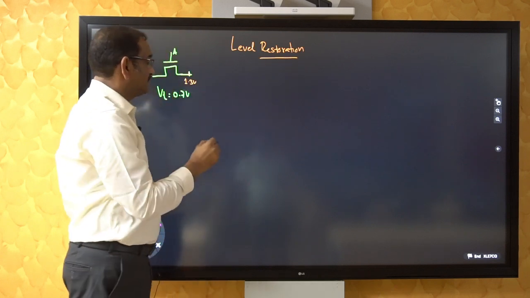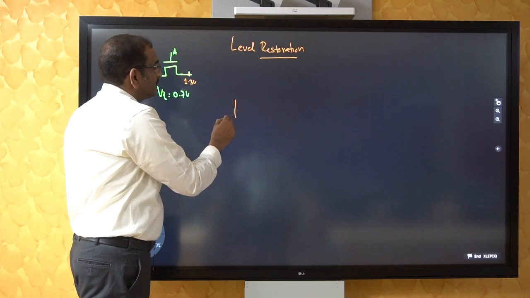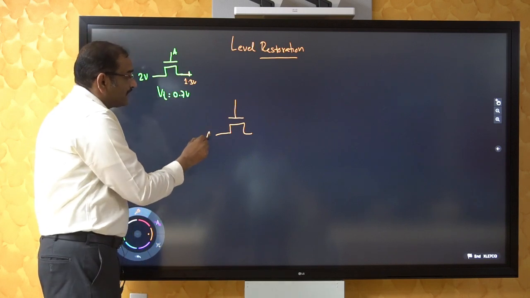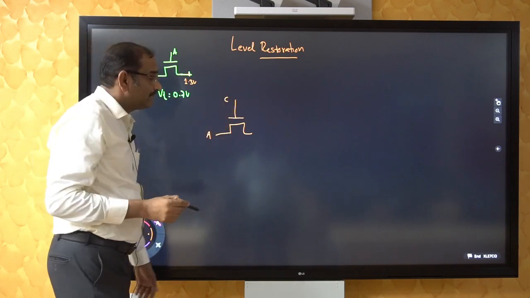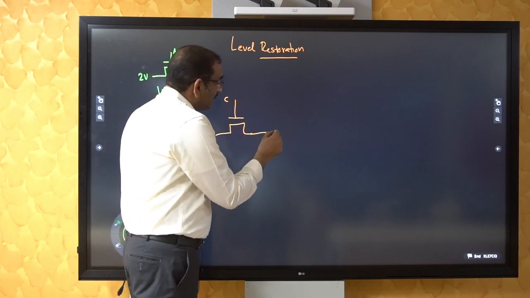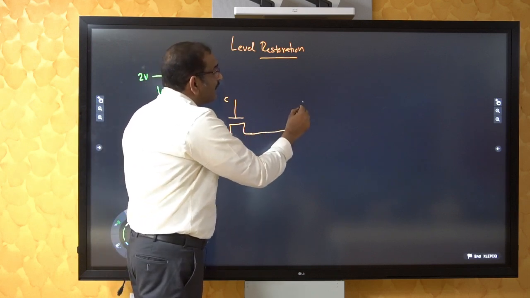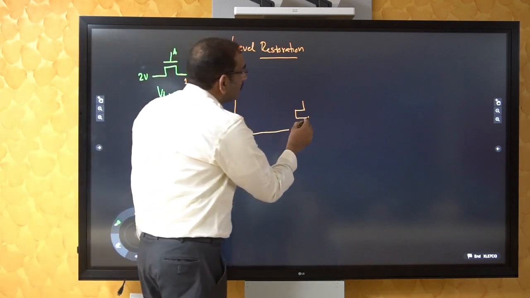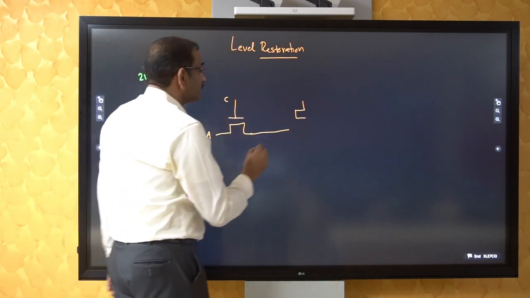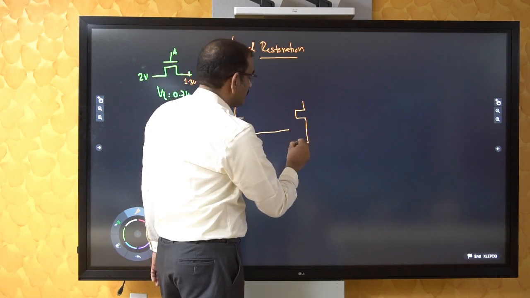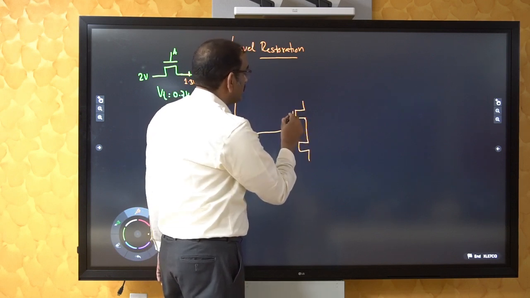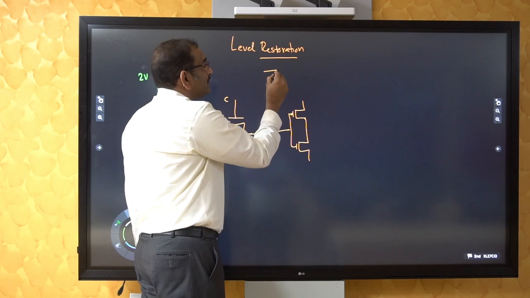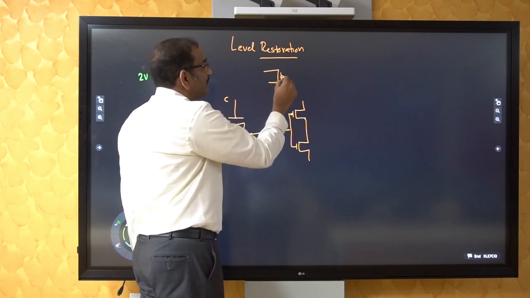Level restoration. So let us see, this is my simple circuit. This is my input E, this is my input C, this is my control, and you see in level restoration logic you have to have a CMOS NAND and you must make a PMOS in the feedback path,